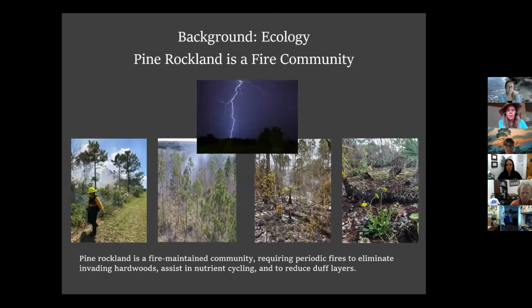So just to talk a little bit about fire, all of the different factors that have caused the decline of the pine rocklands are intertwined and interconnected, but the removal of fire from this ecosystem has been a very big deal. So once an ecosystem is fragmented, if you think of the South Florida landscape as one big quilt, if you will, and you were to pour water on it or dump something onto that quilt and it was all intact,